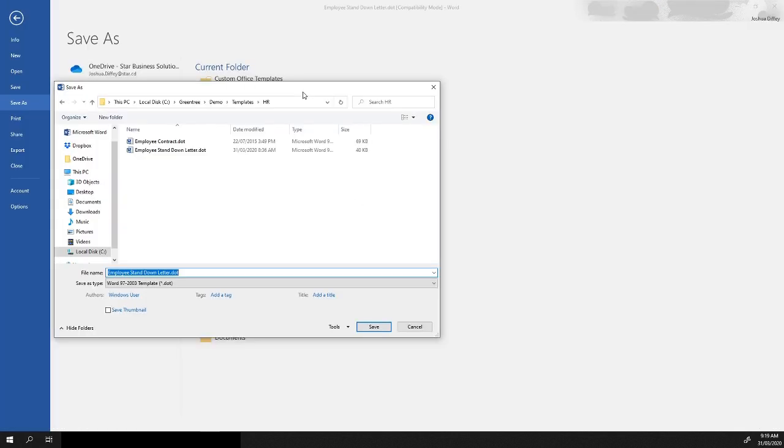Once you have finished setting up your Word template, make sure to save it in that templates folder that you selected under the HR setup. It is important that this is a